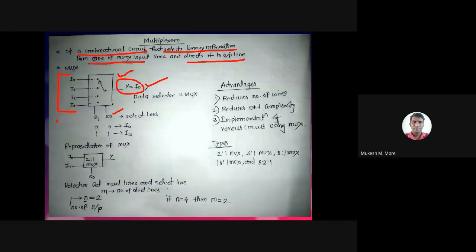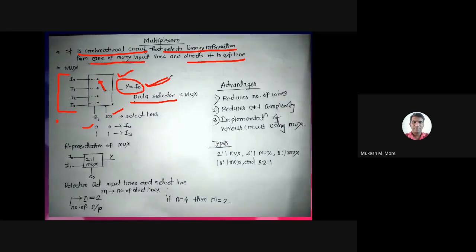Now this multiplexer is called a data selector. Why is it called a data selector? If you look at the internal part of this diagram, we have one arrow. This arrow is called a dialer. Depending on the inputs, this dialer will point to the respective input. Suppose the dialer is pointing to I0. Now if you look at the output, the output is I0.